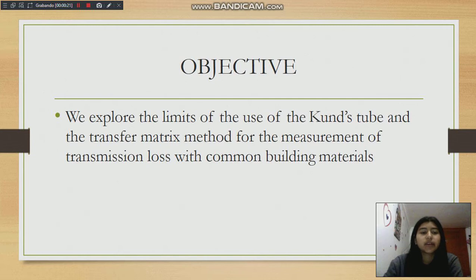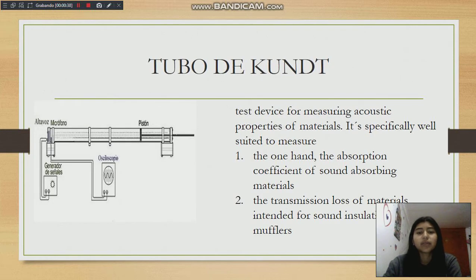The objective is to explore the limits of the use of the Kundt tube and transfer matrix method for the measurement of transmission loss with common building materials. This device is used for measuring acoustic properties of materials. It is especially well suited to measure